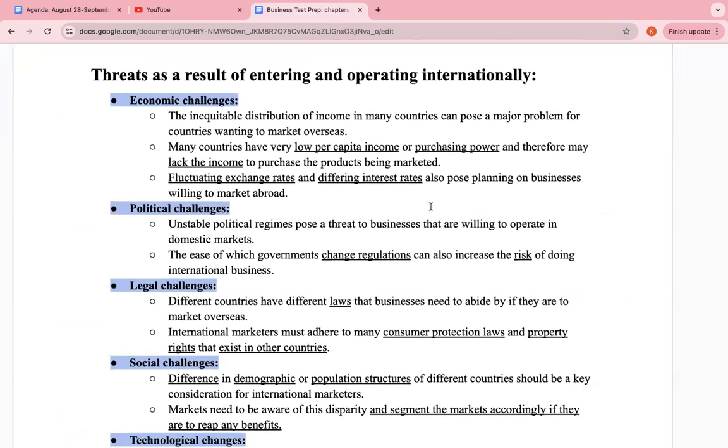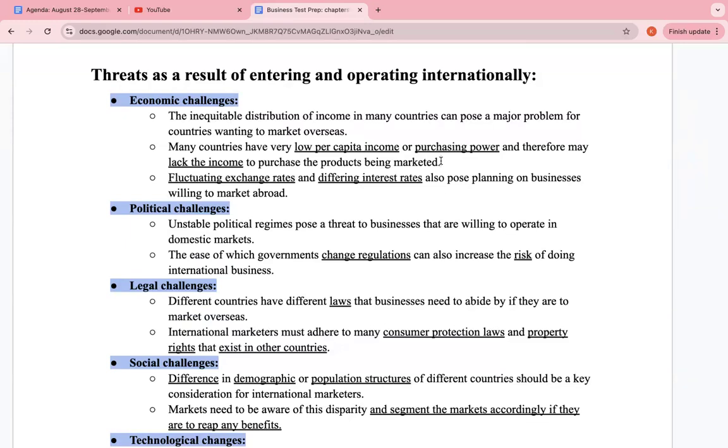So we have economic challenges. The inequitable distribution of income in many countries can pose a major problem for companies wanting to market overseas. Many countries have low per capita income or purchasing power, and therefore many lack the income to purchase the product being marketed. Okay, so this is very economics-like. So if you're an econ student, this will be quite easy for you. But basically, low per capita income is